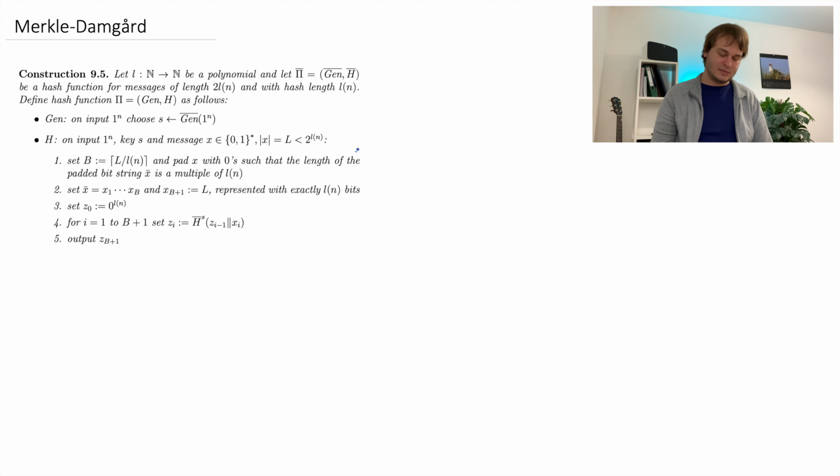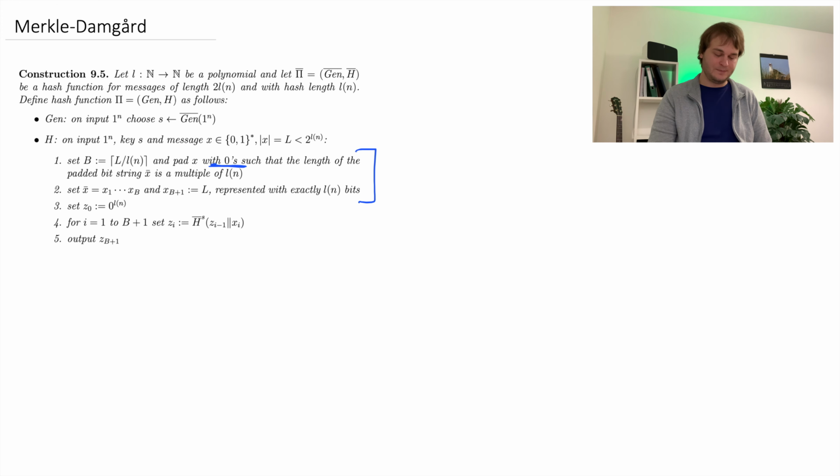The first step is to pad this message into a longer message that has exactly a multiple of L of n bits. This is because this is a fixed length hash function, so we need like 2 L of n bits input, and we can only get that if our message, the original one, is a multiple of L of n. So the way it's done in Merkle-Damgård is we add zeros to the end of x,